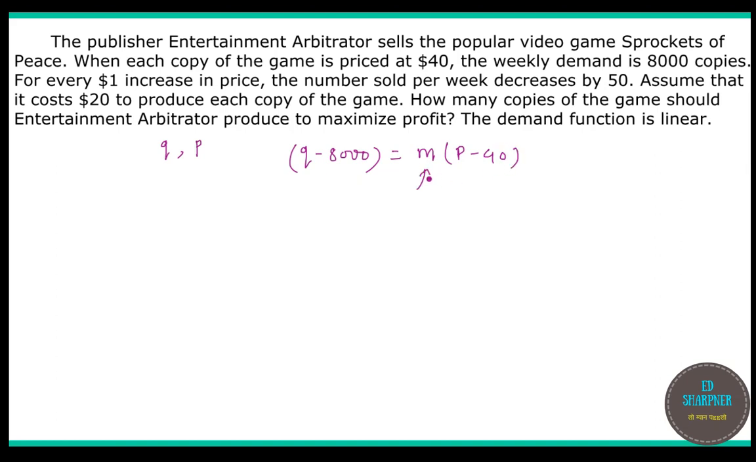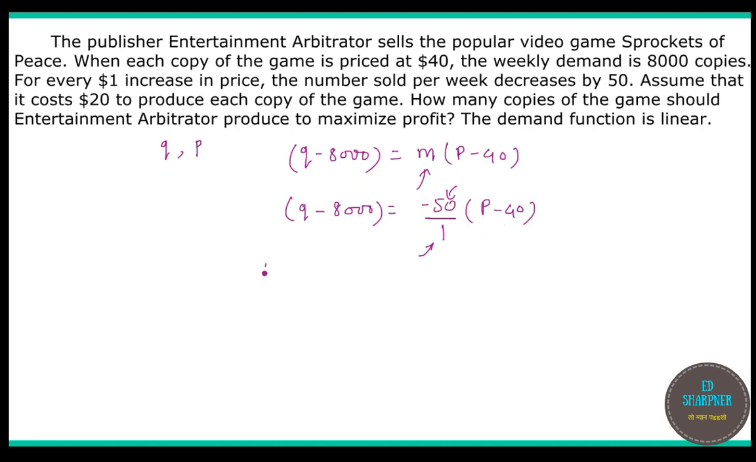So this M is nothing but a slope, which is given by this statement here. For every $1 increase in price, the number sold per week decreases by 50. So for that, we can write M as minus 50 divided by 1. Minus 50 is the change in the demand Q and 1 is the change in price. So to complete the function between Q and P, we write Q minus 8,000 equals minus 50 into P minus